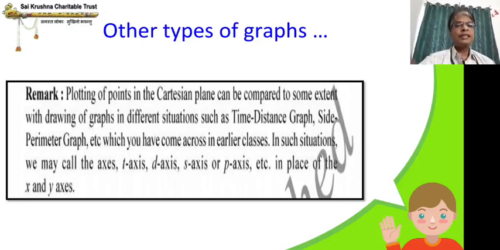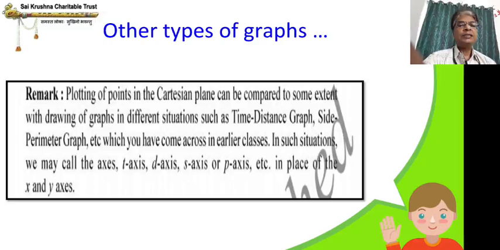Similarly, s axis or p axis, s is the side. The perimeter depends on the side, not in a rectangle, and not in a circle, sorry, only in the square. Perimeter depends on the side of the square. So as the side changes, the perimeter also changes, which you can plot as we saw in the previous table. Make a table and then from there we can plot.